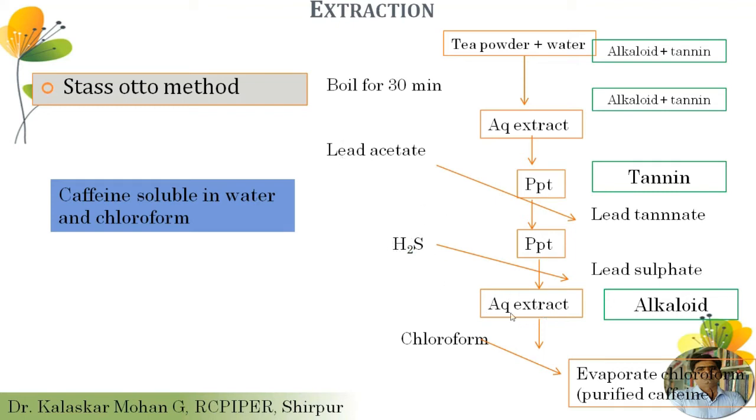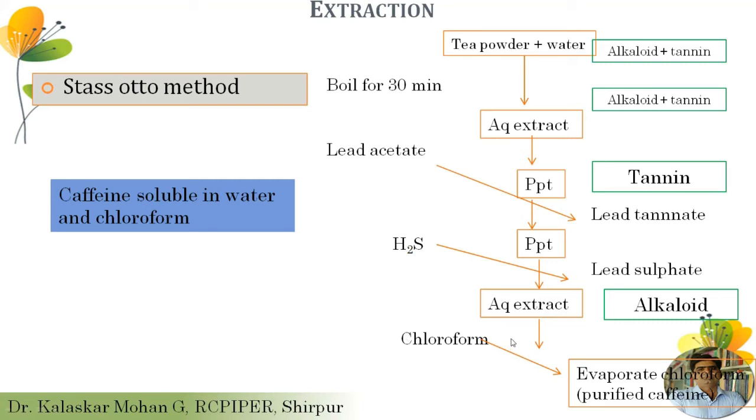Now it contains the aqueous extract, as we have mentioned earlier. These are in the water, alkaloids and tannin get solubilized. So in the aqueous extract, now the alkaloids are only present, along with the other chemical constituents which are not therapeutically important. It may be the carbohydrates, or what we can say sugars, amino acids, or certain amounts of pigments. So to remove them, this aqueous extract is partitioned with chloroform 3 times.